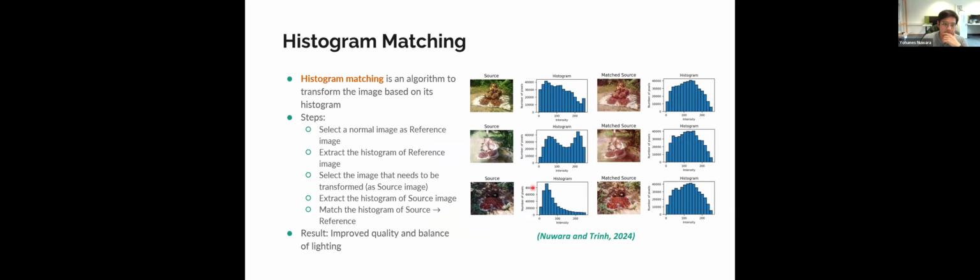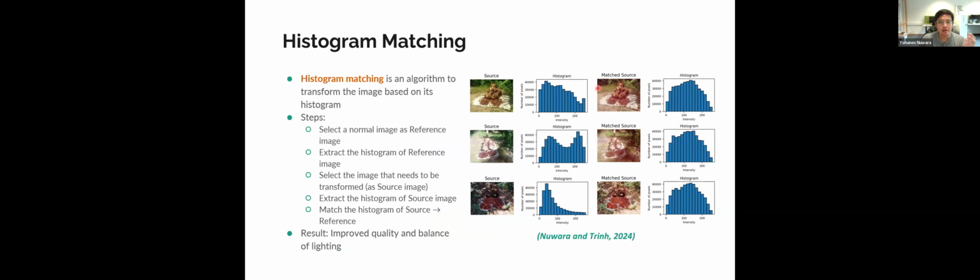So the problem is using low quality images. You can see that compared to this and this, there is significant degradation of objects. Here, for example, with ideal high quality, the model can distinguish all of the fruits. But if we make this image darker, the model cannot distinguish the fruit, right? So it's called performance degradation, and this will impact the model generalization.